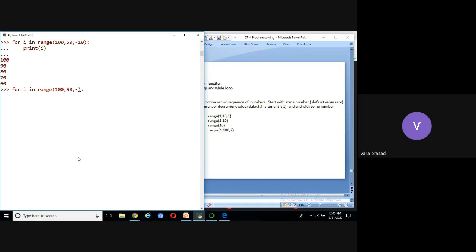Any other technique? What about increment or decrement? See, 1. Then go to the next line. I will write the if statement. If